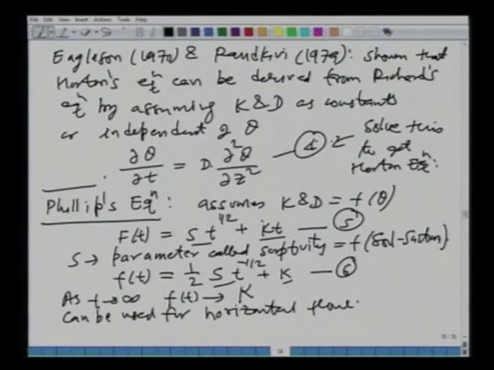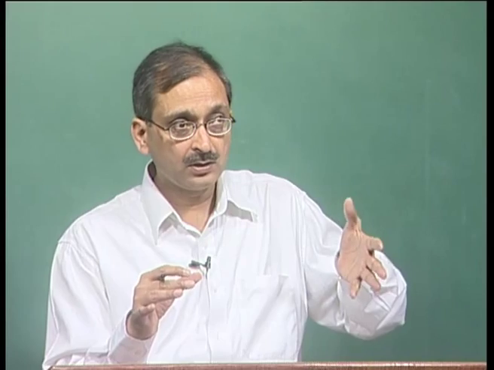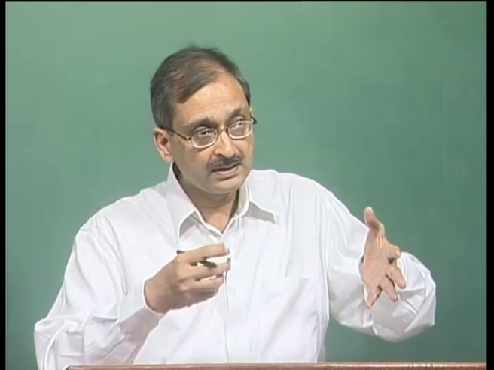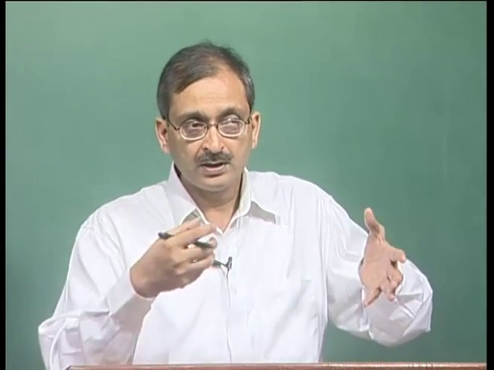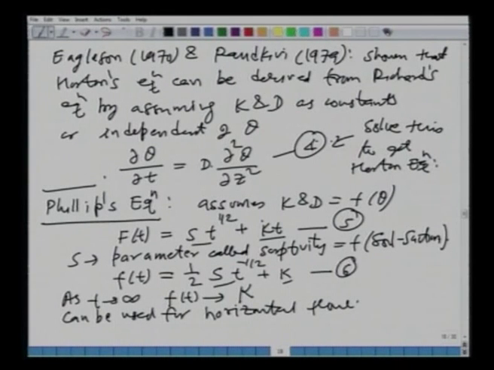Let us say you have a tube and a container containing water on one side. Then the water will get sucked into the soil sample in only one direction, which is horizontal, or perpendicular to the gravity flow. So, we can use this equation in which we just take care of the first component and disregard the second. So, this capital F will be nothing but S t to the power half. So, we can use this Phillips equation for a horizontal flow kind of situation. These are the two basic empirical equations which are used.